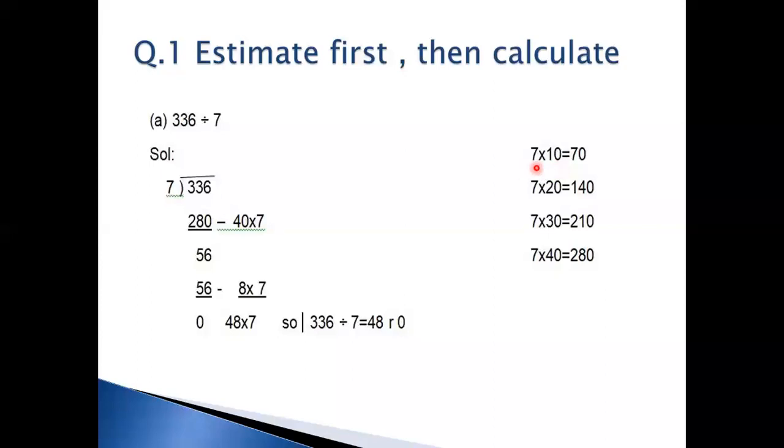What I have done, you can see, 7 multiplied by 1 will be 7, and I simply added a 0 here, because we know that whenever we multiply any number, whether it is 1 digit, 2 digit or 3 digit, by 10, we simply multiply the number, whatever is given, and add a 0 to it. And we are very familiar with the table of 7. So recall in your memory, 7 ones are 7, that is here, and 0 as it is, because 7 multiplied by 10 gives us 70. And in the next step, you can see I have done 7 multiplied by 20 is equal to 140, and 7 multiplied by 30 is equal to 210.